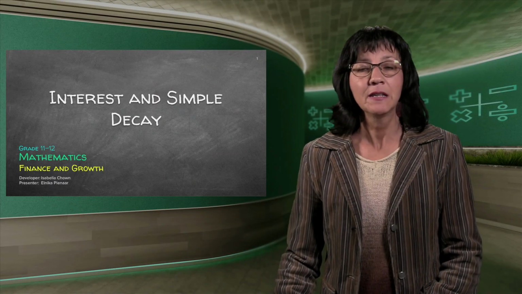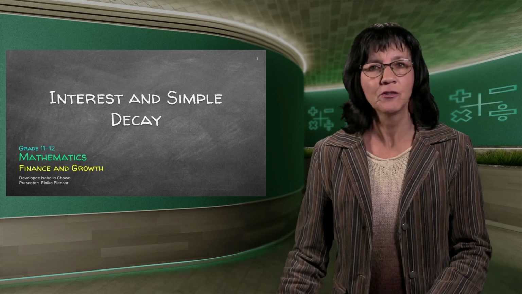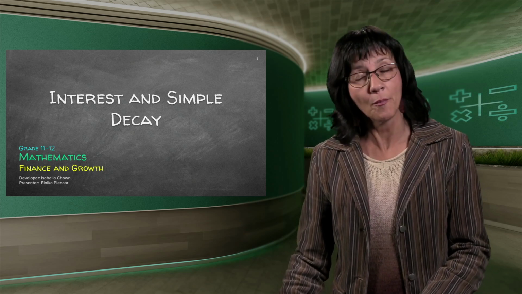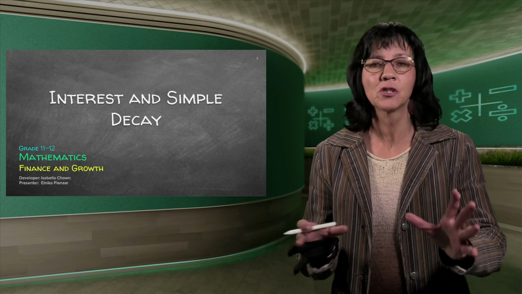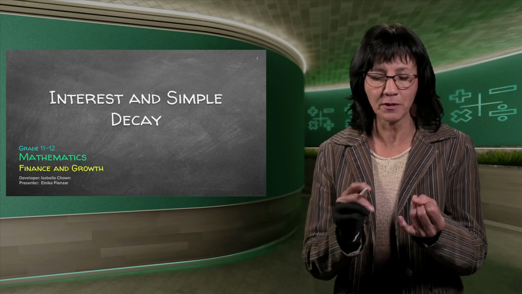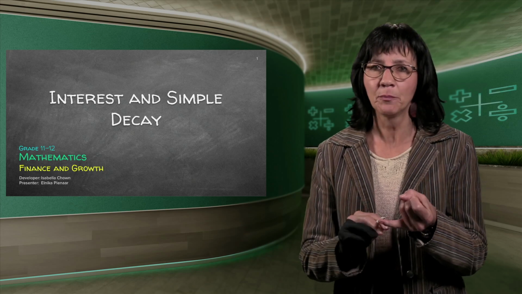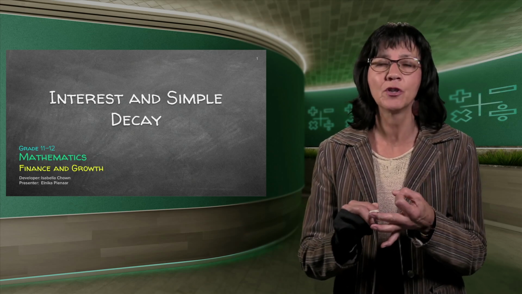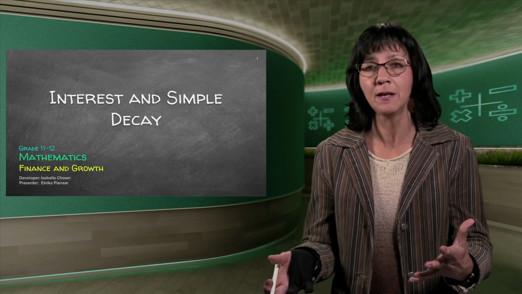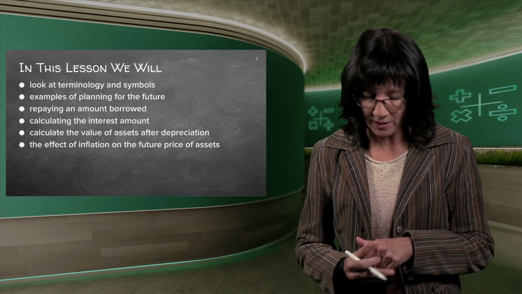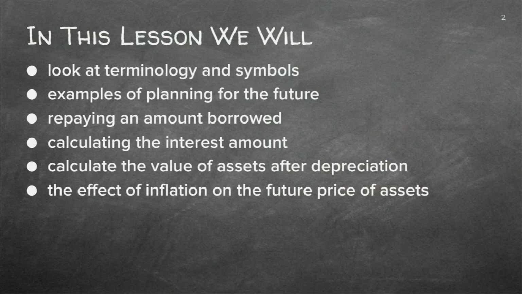Hi guys, in this lesson we're going to still do simple interest and/or compound interest and decay. So we're going to mix all of the different things that you've learned. Remember, you've learned now 3 formulae: simple interest, compound interest, and then you also learned about depreciation or decay, which has got the minus in the formula. So if you want to read through this, it's basically what I said now. You can pause and read through all the things that we're going to do in this lesson.